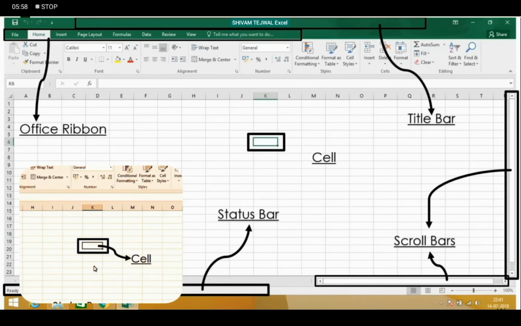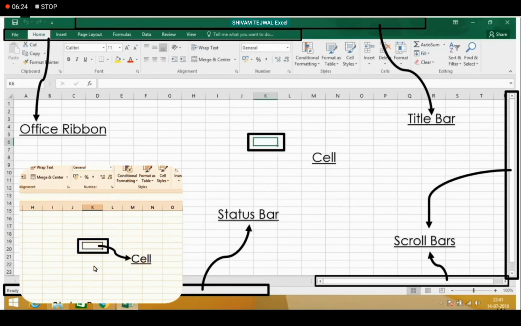Next one is cell. Cell is basically the boxes in our worksheet. Each and every box is called cell. So, as I said, all these boxes are called cell, but there is a box which is the active cell.